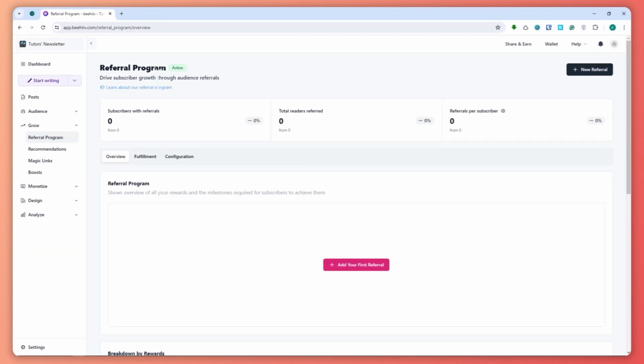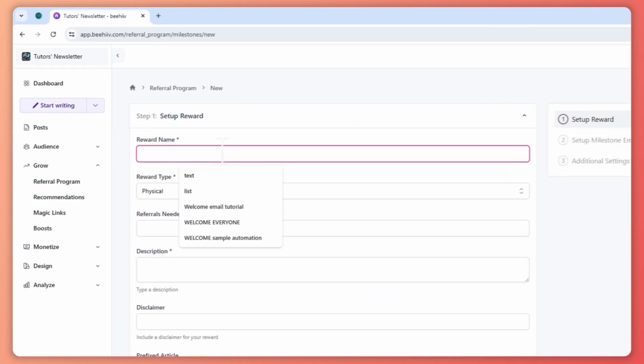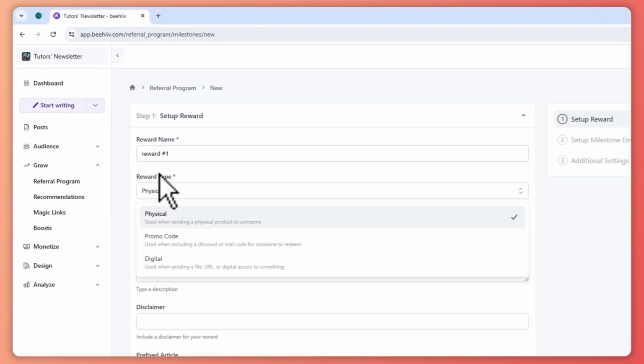So if you don't know what a referral program in Beehiiv is, it's basically a program where you let your subscribers refer your newsletter or whatsoever in exchange for a reward that you will give them. So from here, we're going to click on New Referral and type in the reward name that you would give them. So let's say Reward Number 1, just for the sake of example,